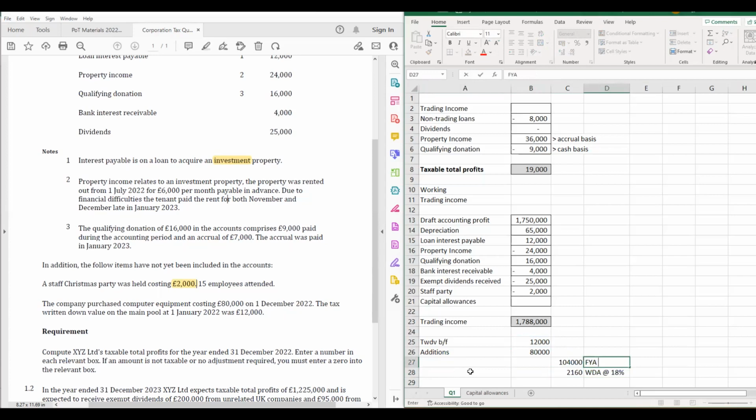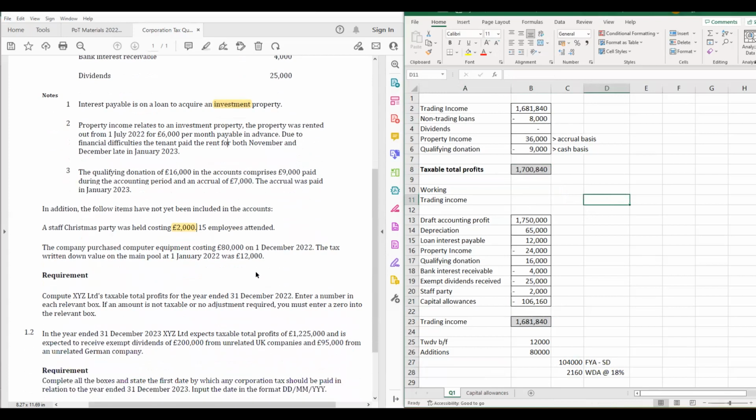So that's our first year allowance, super deduction, to give us a total capital allowance. And this is kind of the final important point, this is a deduction against your trading income that's going to go in being the sum of those two. And then what you do to finish off this question is to pull in your trading income in the trading income box and have your total taxable profits there.